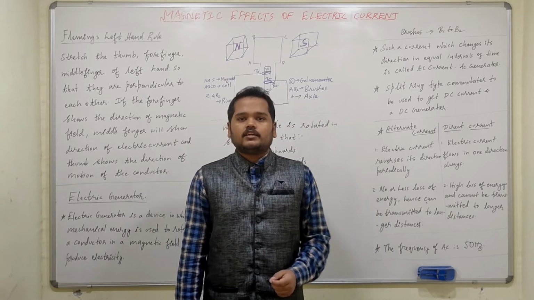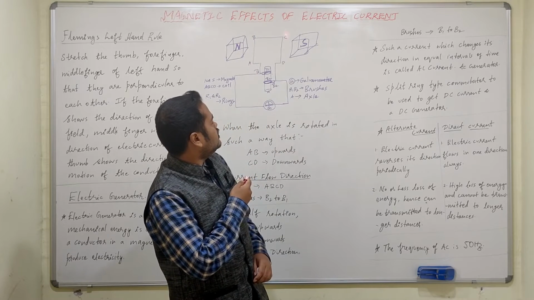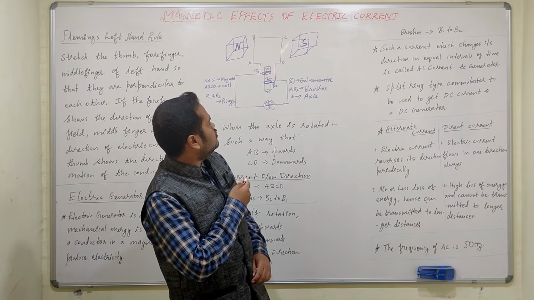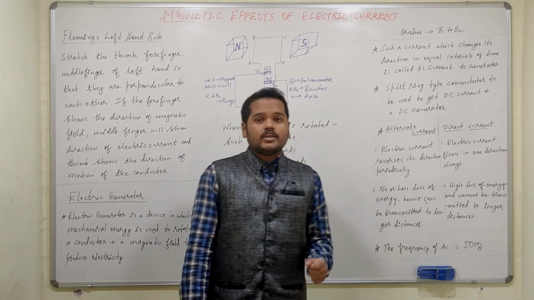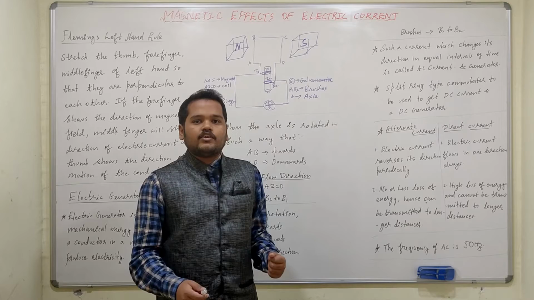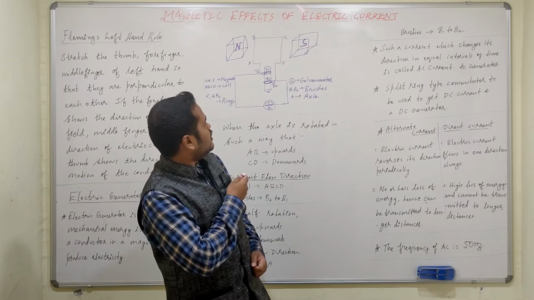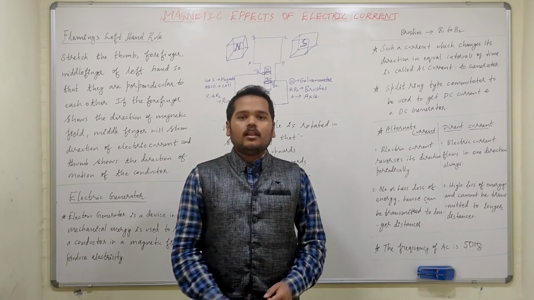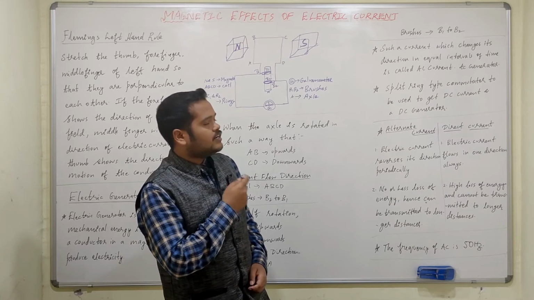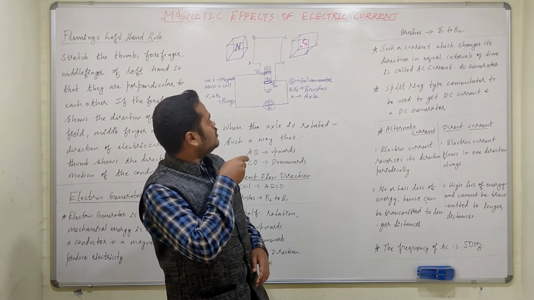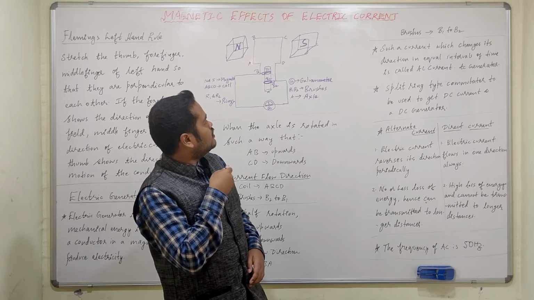But what are these electric generators? If you see in this diagram, you see a coil A, B, C, D. This is a conductor. It's a rectangular coil, also a conductor. So when we use mechanical energy to rotate the coil in a magnetic field, this coil ABCD is placed in a magnetic field. There is a north pole of the magnet and a south pole of the magnet.